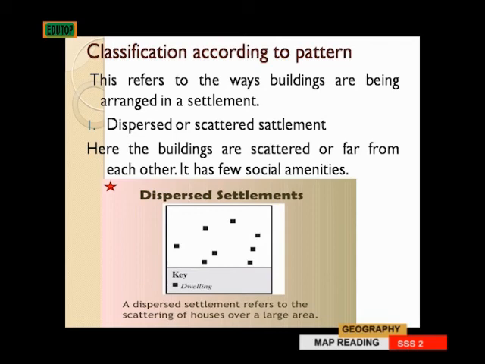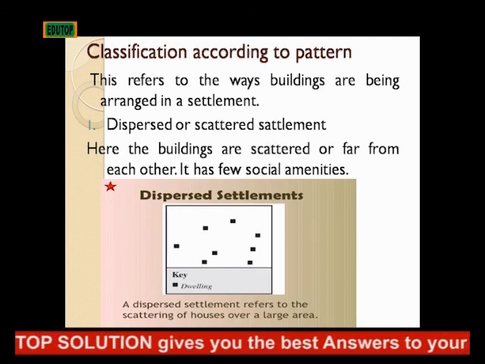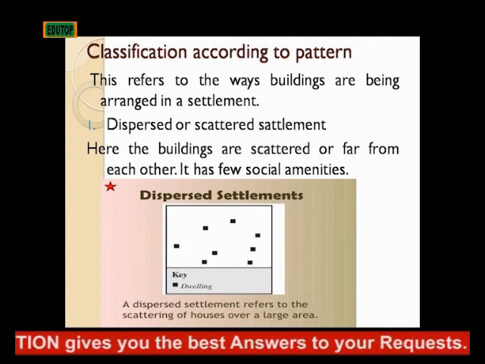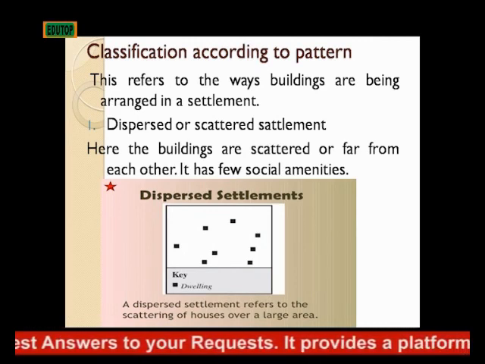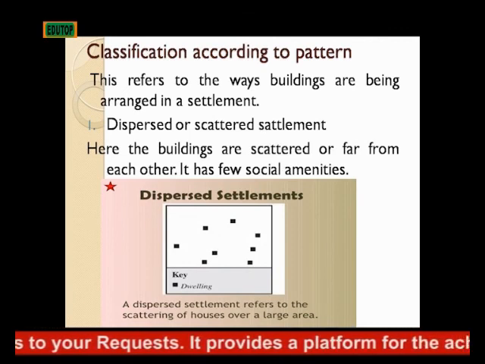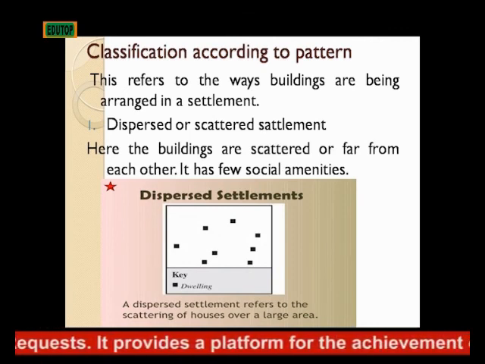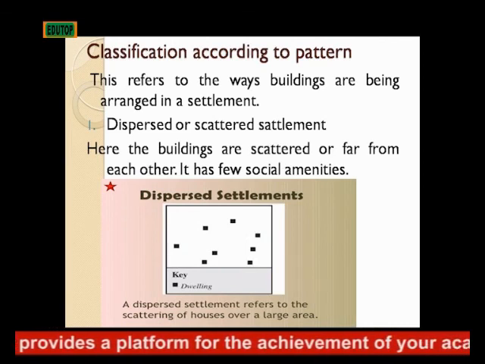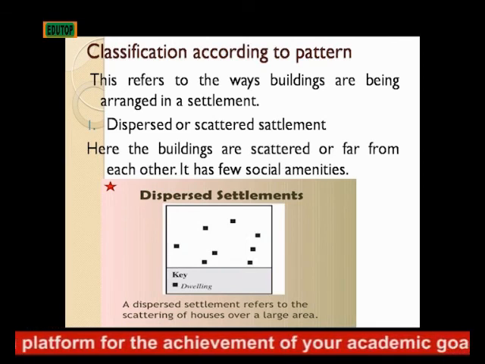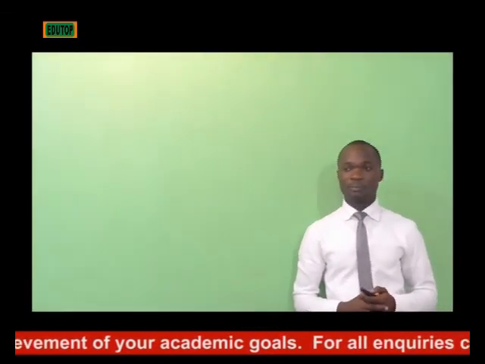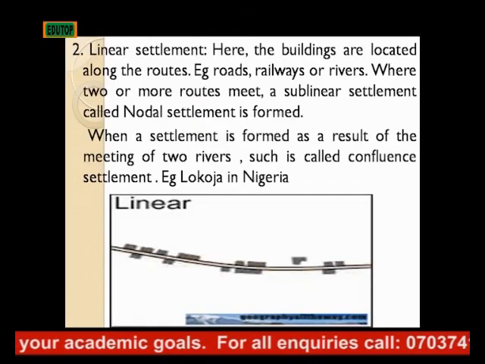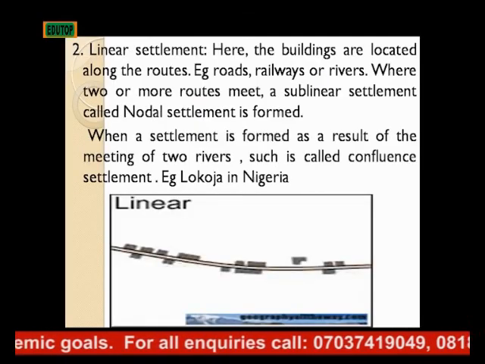Now, the dispersed or scattered settlement here is a settlement where the buildings are scattered or far from each other, and it has very few social amenities. From the diagram here, you can see how the buildings are scattered. There's no orderly arranged pattern of the buildings. And the second one, we have the linear settlement. Here, the buildings are located along the routes, and